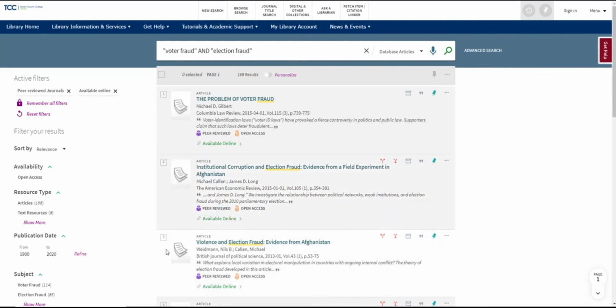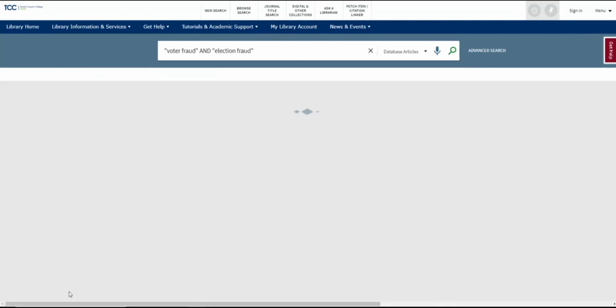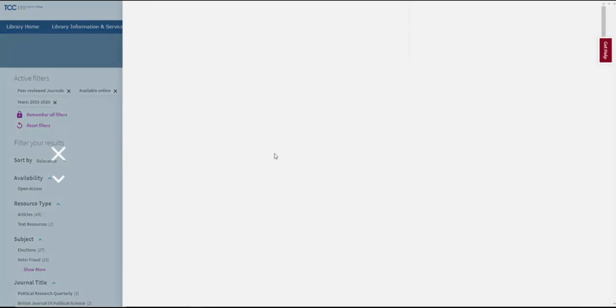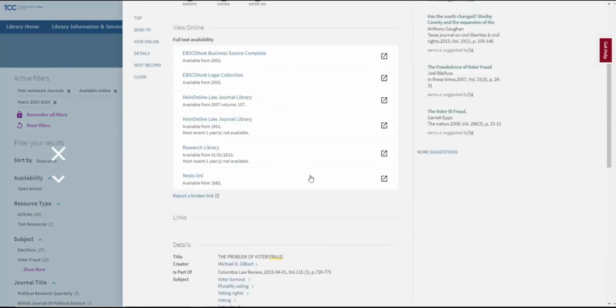But once again, we can narrow this down with the publication date filter. And we'll just skip right ahead to doing a 5-year search. Apply the filter. 49 results, something we can easily browse through in a couple of hours. Of course, having this list doesn't do us much good if we can't access the actual articles. To do that, we click on the Available Online link in green. This will load the record for the article that we've chosen,